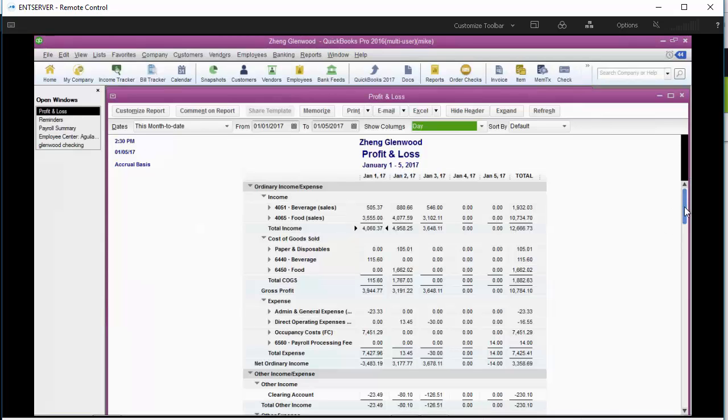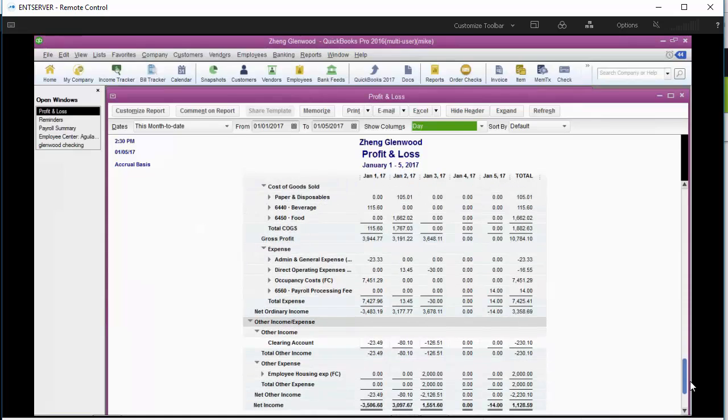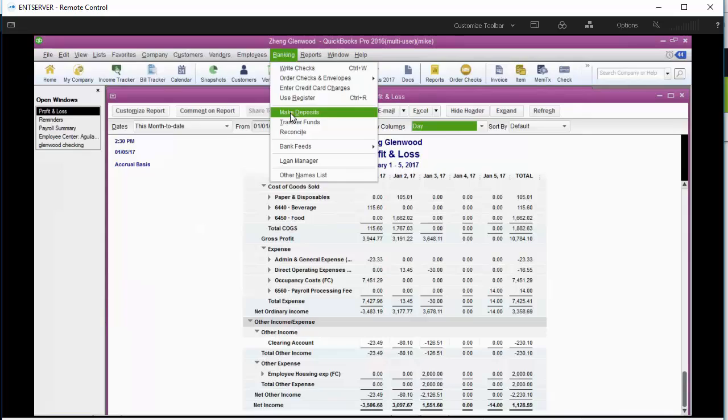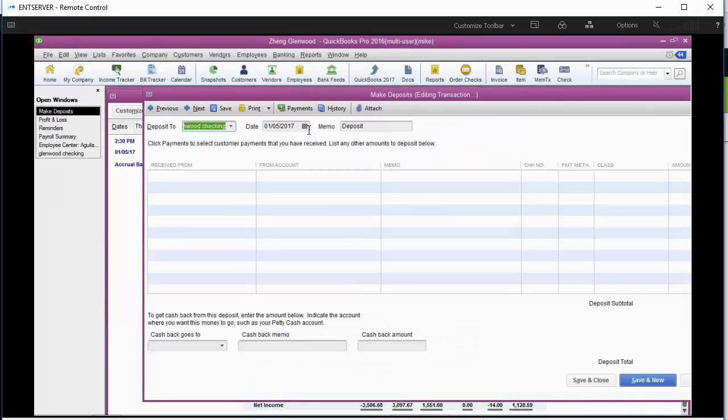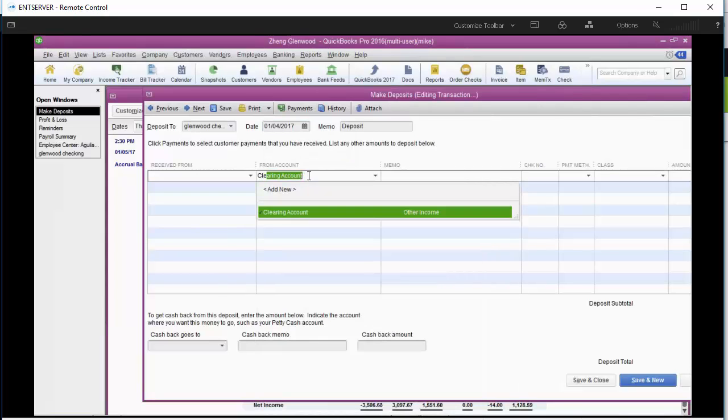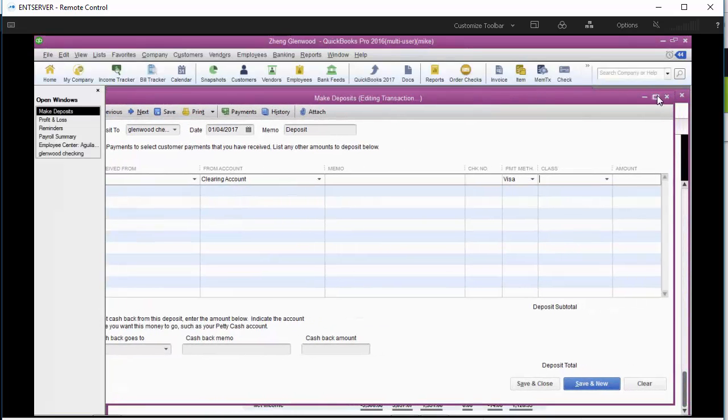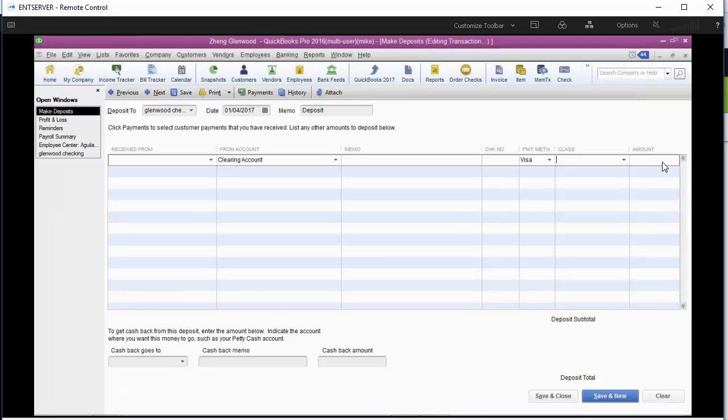Down on the bottom, because we put all our deposits into a clearing account, you can see it on the clearing account. So first thing we're going to do is go ahead and enter our deposits, just like we used to with Future. So we're going to go clearing account, Visa, so we can see the whole thing,